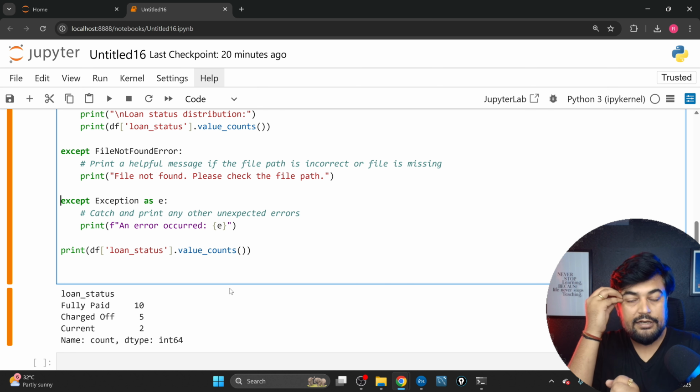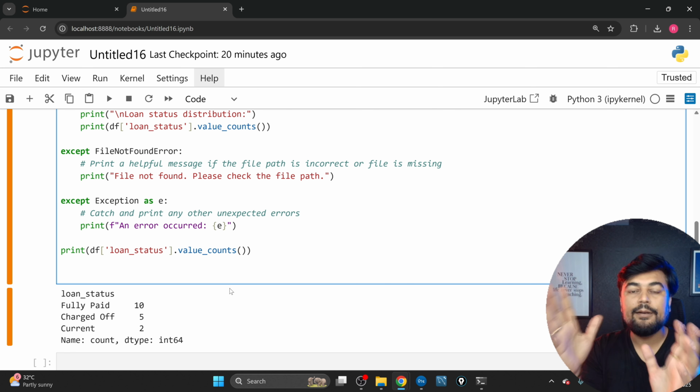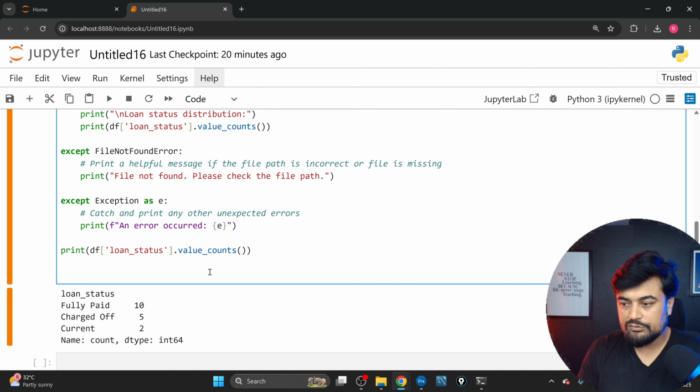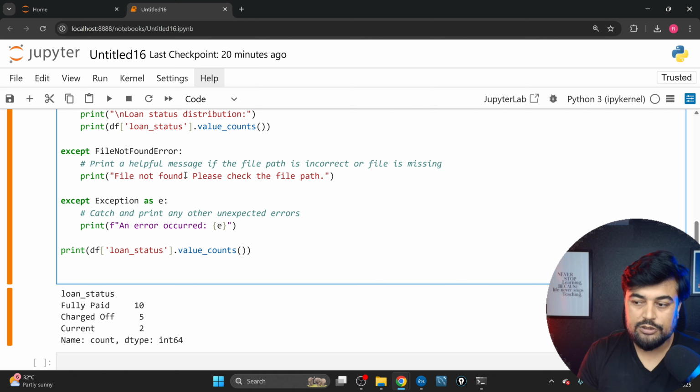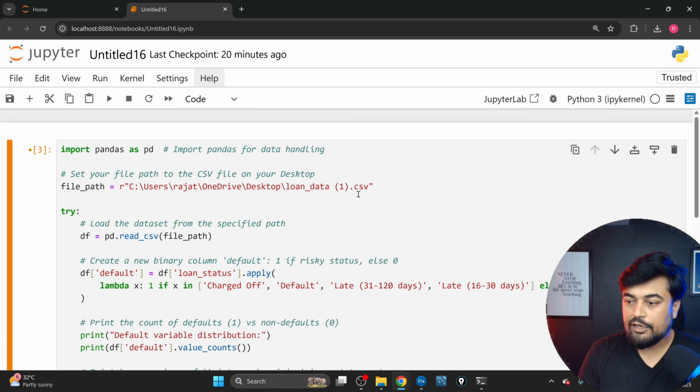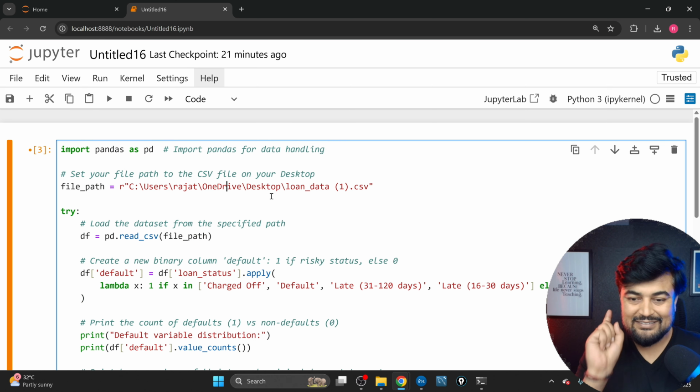So make it a habit to put an exception for the file path. Once you are experienced, you can remove all this part, no problem. But this is putting an exception. So "file not found" will be printed, and you'll get to know there is something wrong I have given in the file path. Now I'm simply printing the new data frame which I am creating and its values. Now if I run this whole cell with a single Shift+Enter,